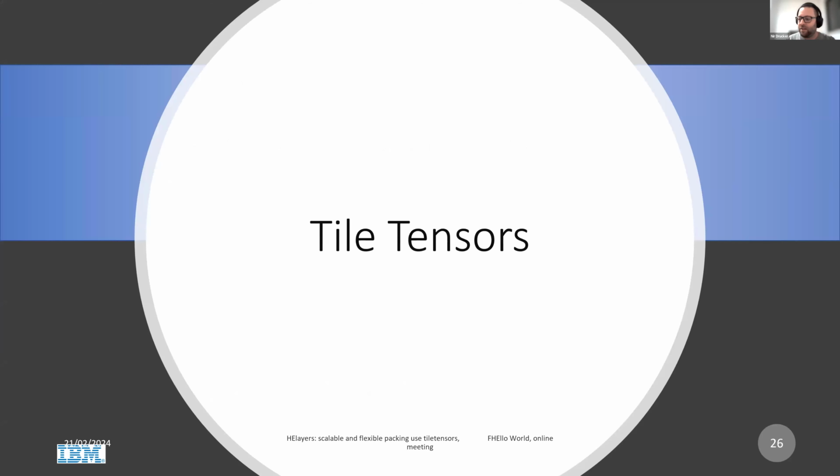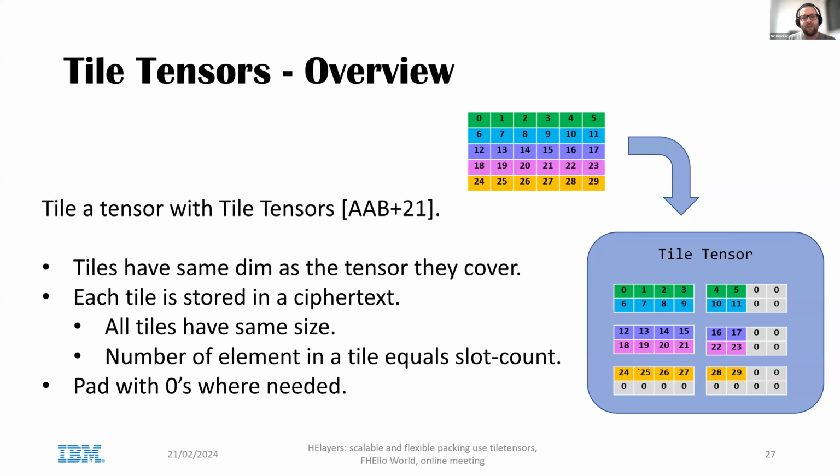And again, in 5 minutes, we'll try to explain what tile tensors is. Tile tensors is a way to represent the packing of data in a schematic way, using a notation, a language. Here we have a 5 by 6 matrix, and we want to pack it in ciphertext. These are tiles that represent ciphertext. Each has 8 slots. So we can represent the ciphertext in one way, like having 2 by 4 small matrices.